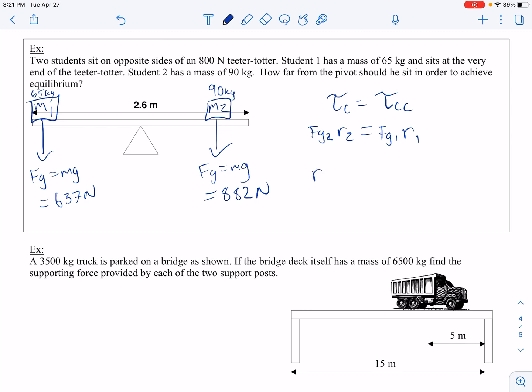All right, so R1 is equal to, let's see. Yeah, because he is clockwise. All right, no, I got this mixed up. Sorry. Right the first time. So I'll just try to remember who's rotating it which way. The clockwise kid is going to be M2. Yep, so I do have this right. Okay, never mind, sorry. So R2, the distance I want him to be, is going to be equal to Fg1 over